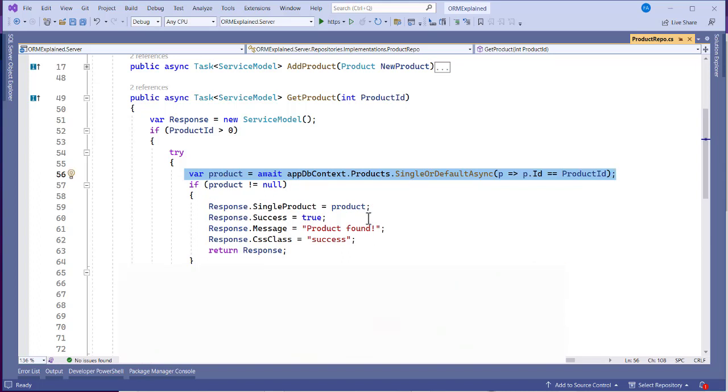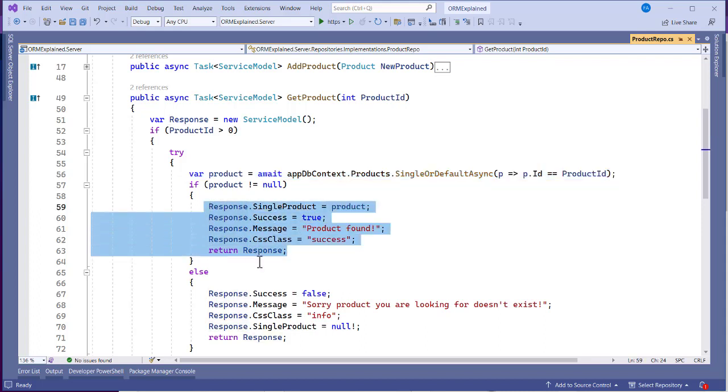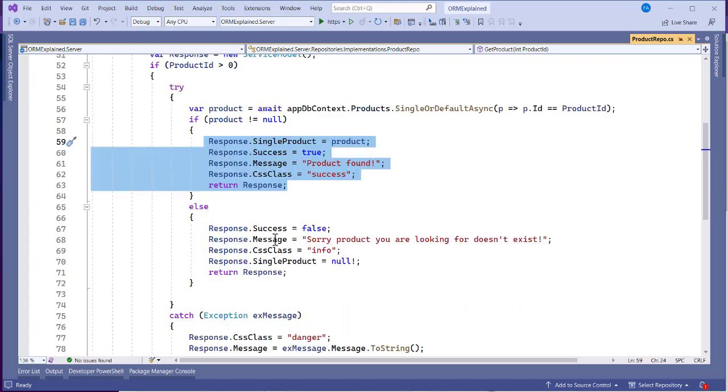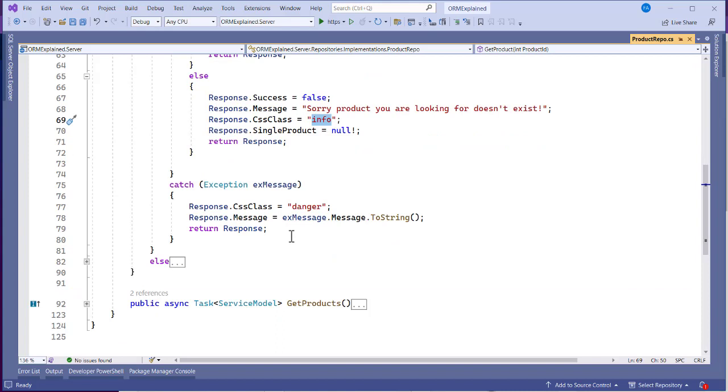If it is found, we set the single product to the found product. Then we display this result and return the response. But if it is not found, we say sorry, the product you're looking for doesn't exist. We set the product to null, then success to false, and the CSS class here we can set to info, and return the response. When it catches, when there's any error, this is going to handle it,